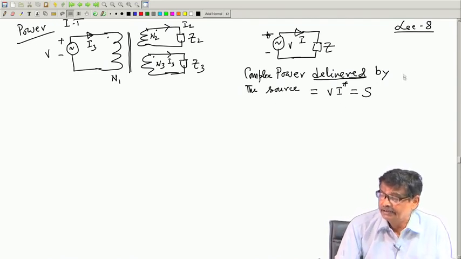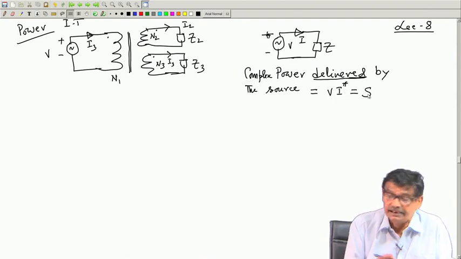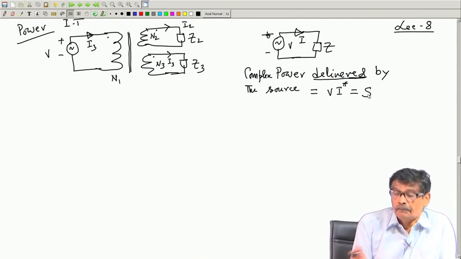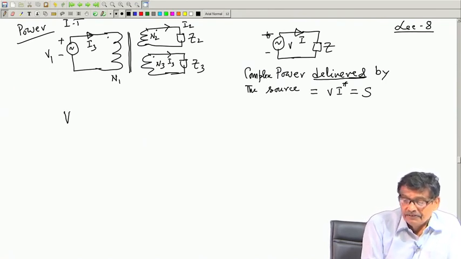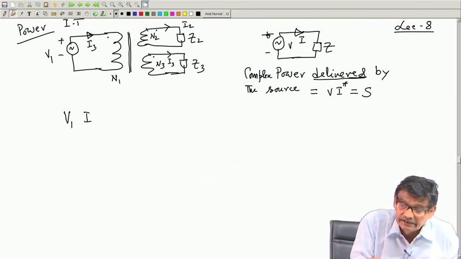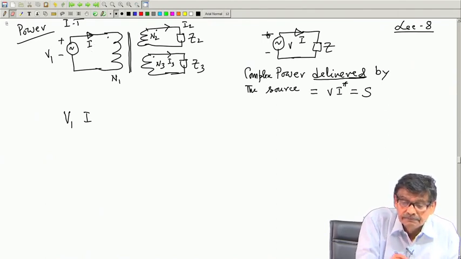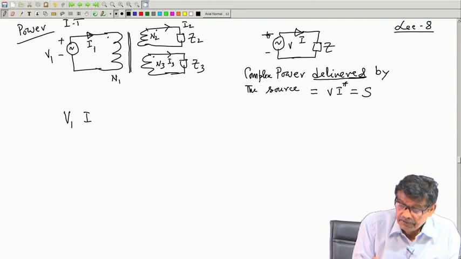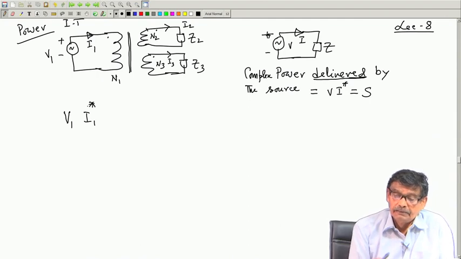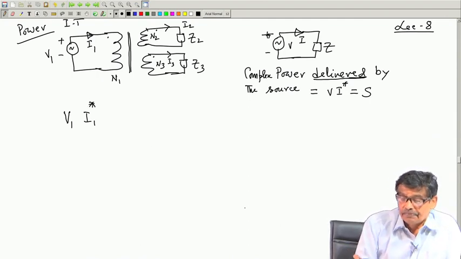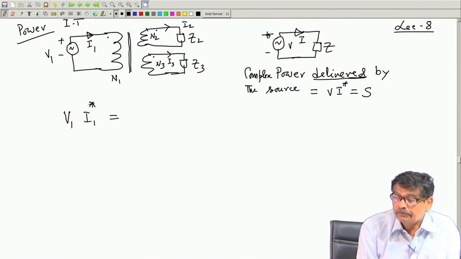So, this is the equation I will be using here to balance the power, and I will demand that, see what is the power delivered by the source. It is V 1 I 1, I am so sorry, this is I 1. V 1 I 1 star is the power delivered by the source to the system, and this must be equal to, see, to the load,